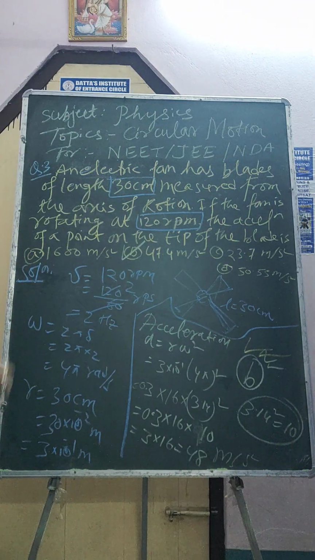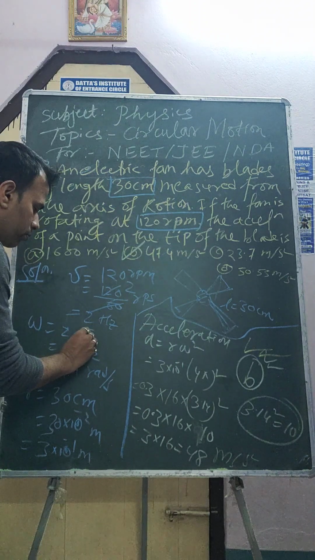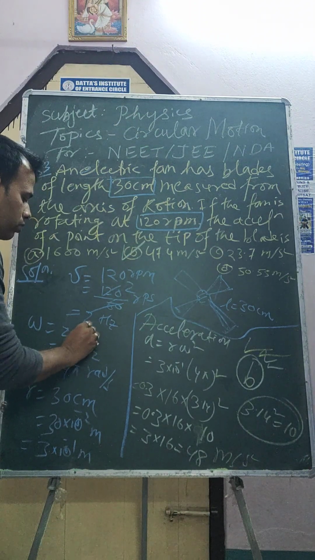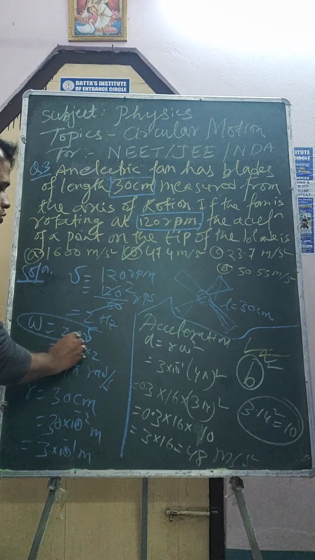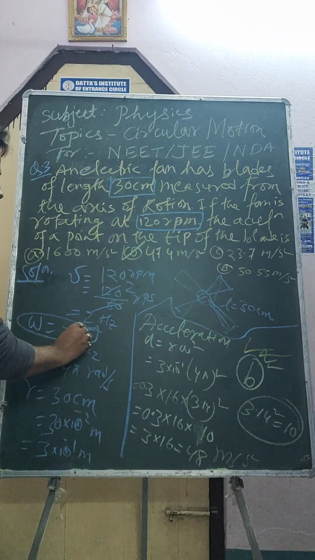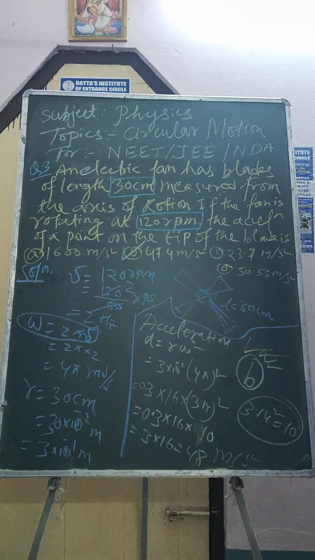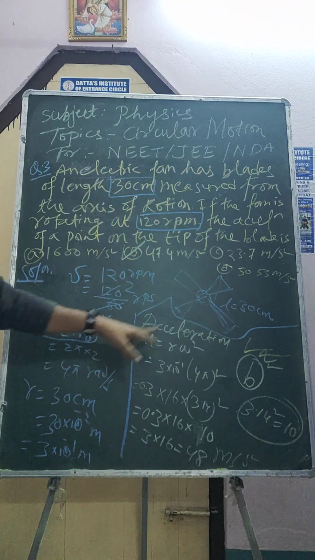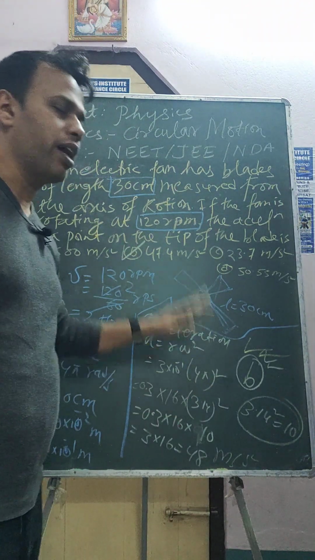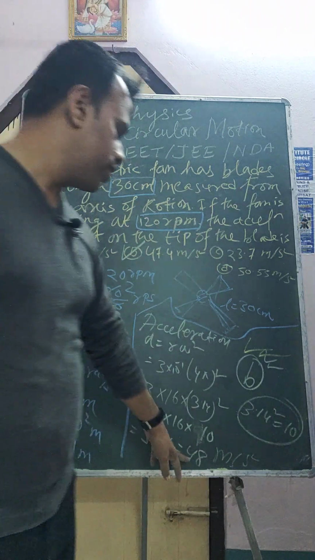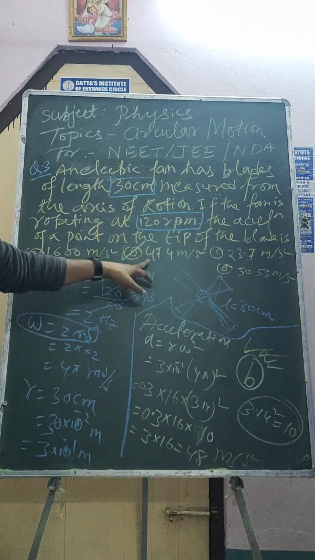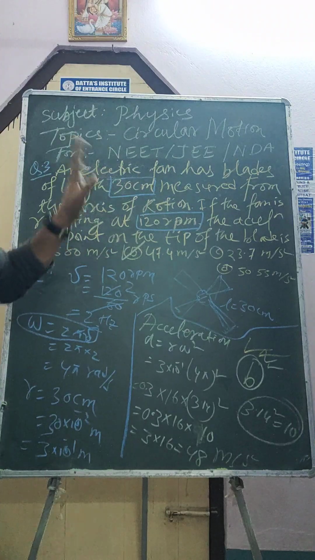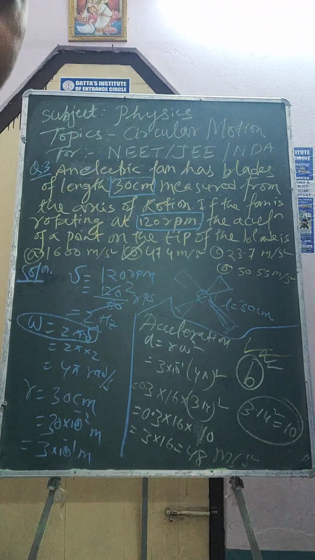So what will be the formula? There is one formula between angular velocity and frequency, and the formula is omega equal to 2 pi nu. After calculation it comes to 4 pi, and after that I use the formula of linear acceleration, that is a equal to r omega square. I put the values here, and after simplifying, 48 comes. So near about, below 48 is 47.4. So which of these options is correct? So move on to the next question.